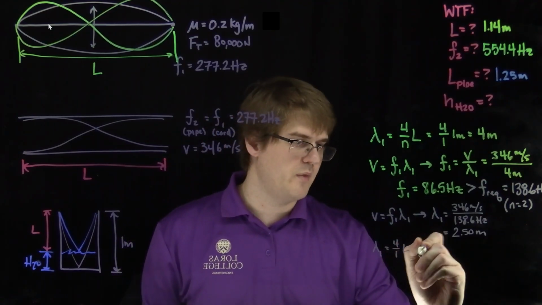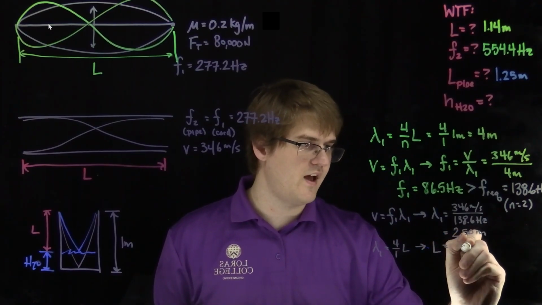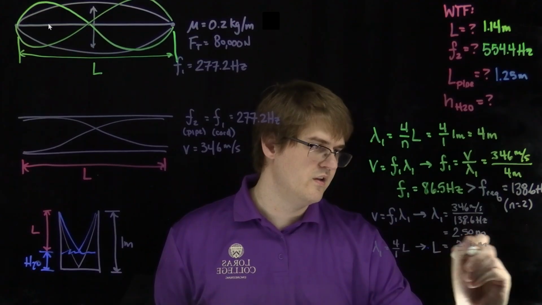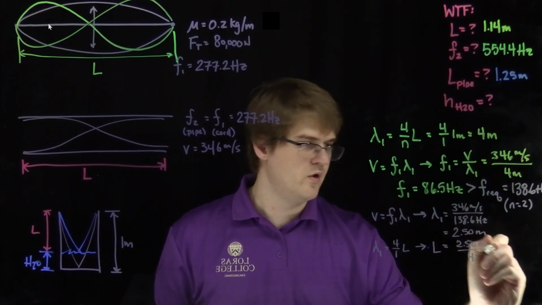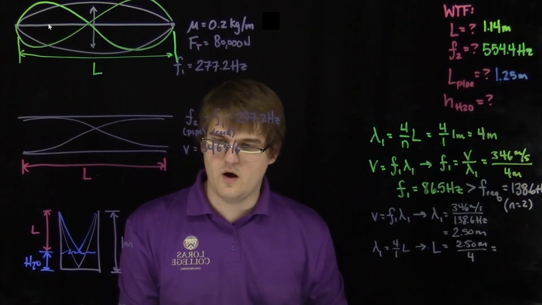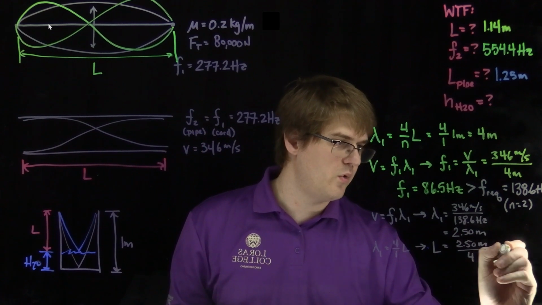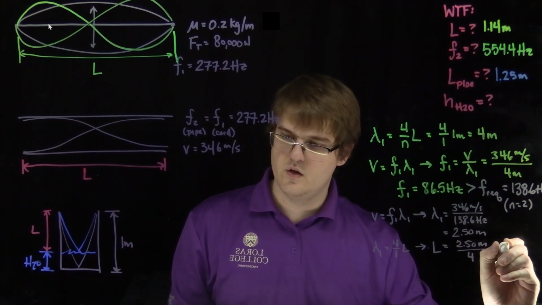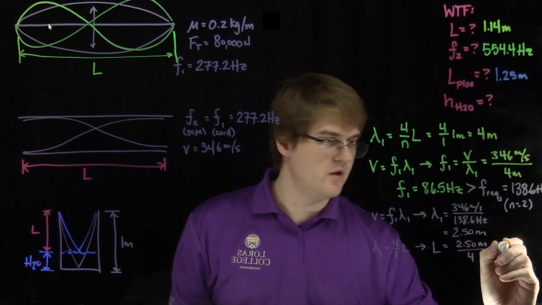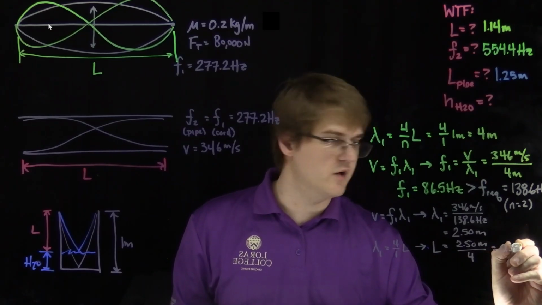In this case, my L is going to be equal to 2.50 meters divided by 4, which will give me a value of